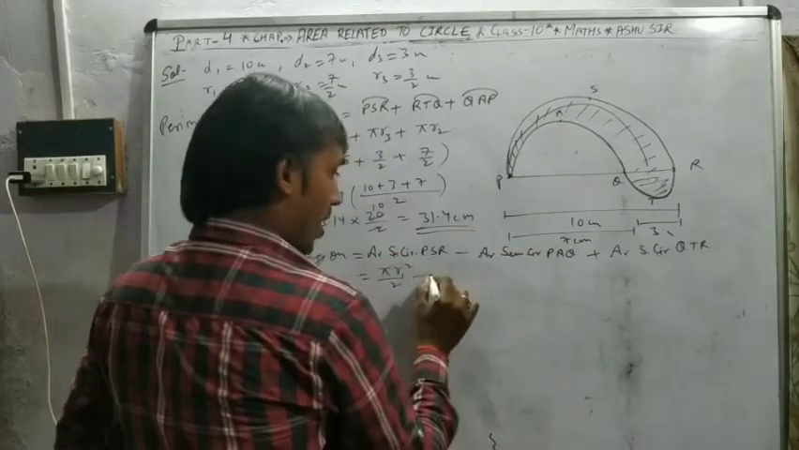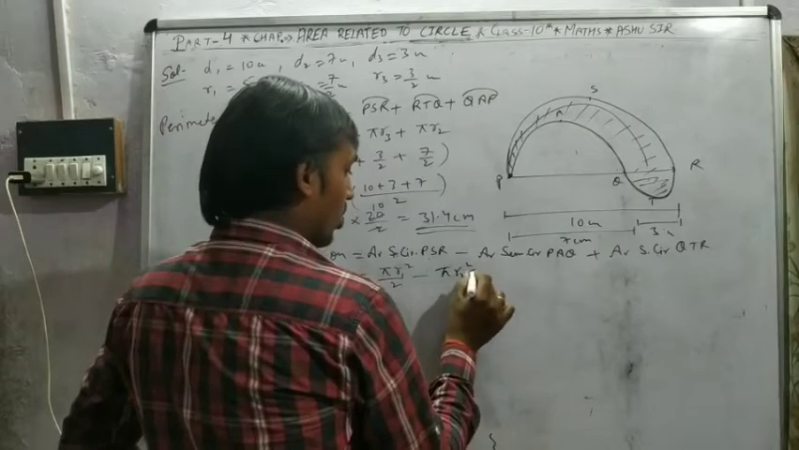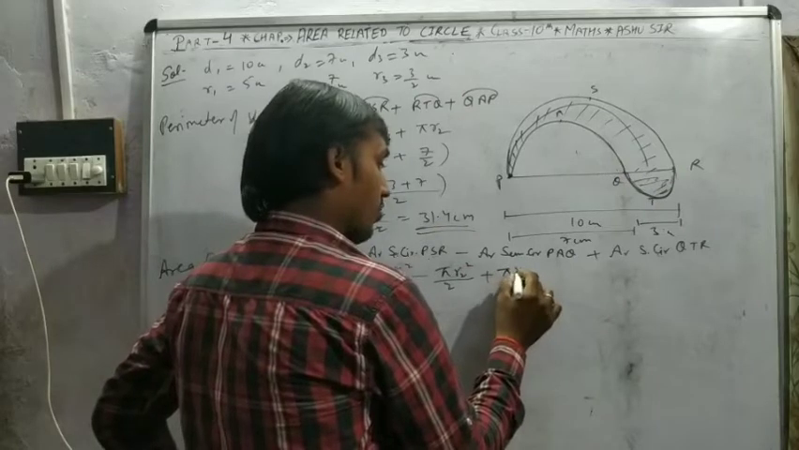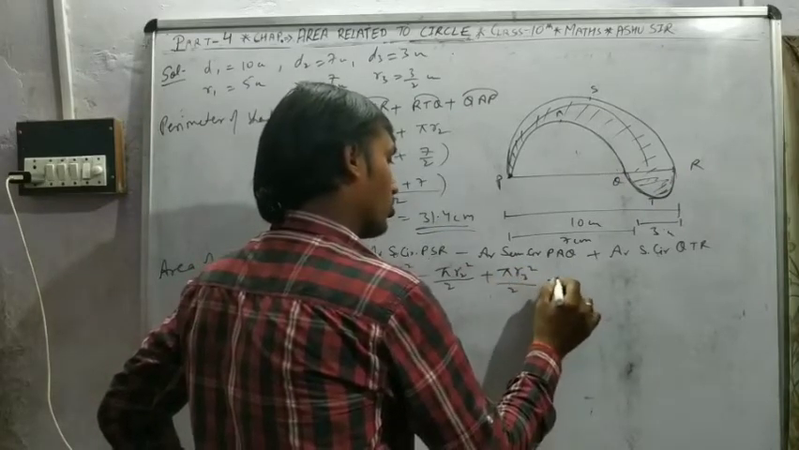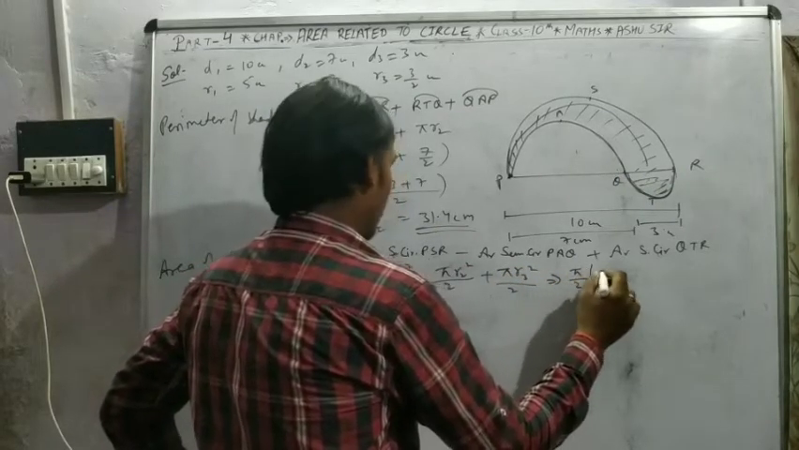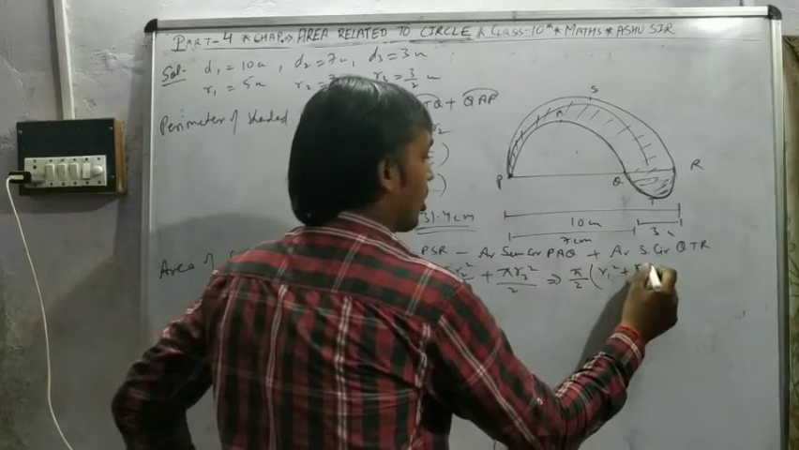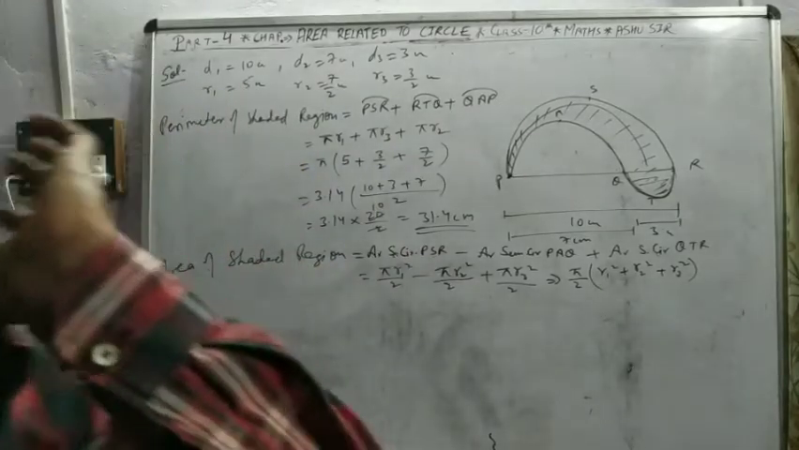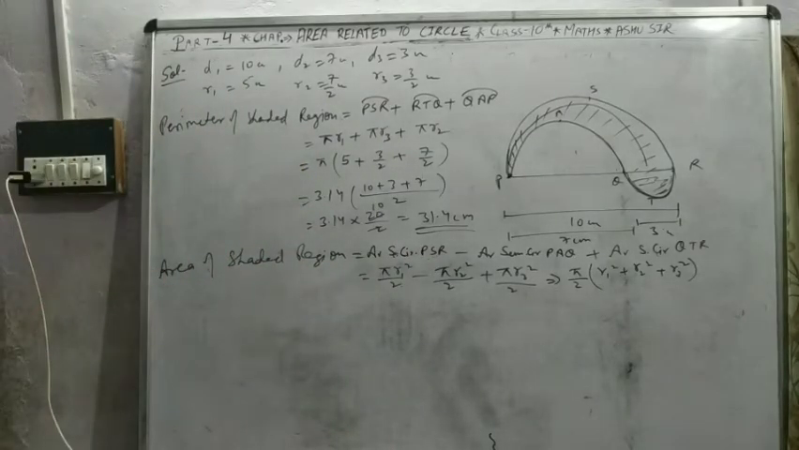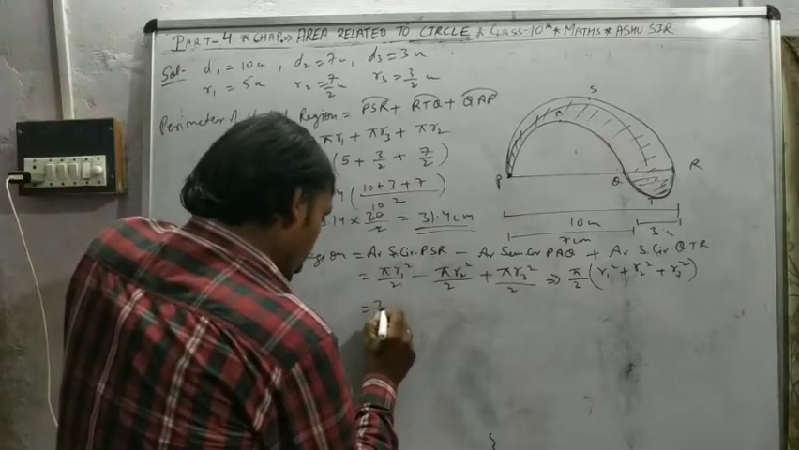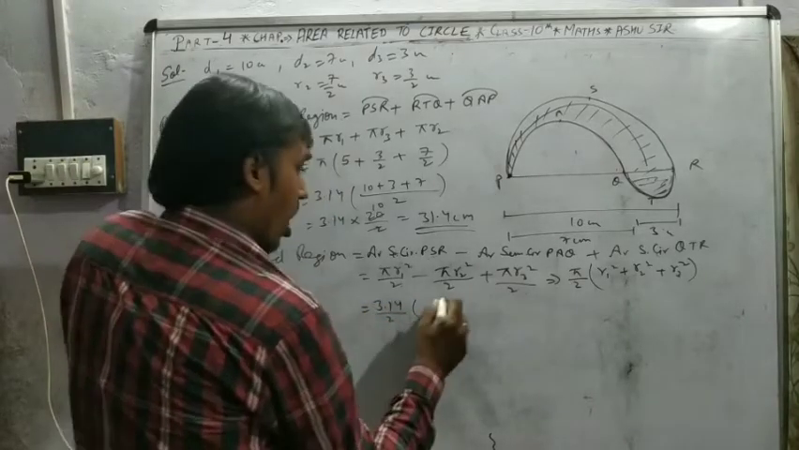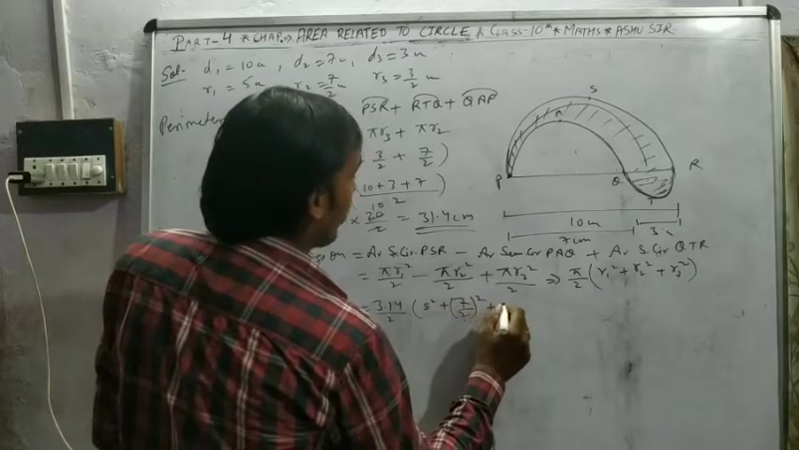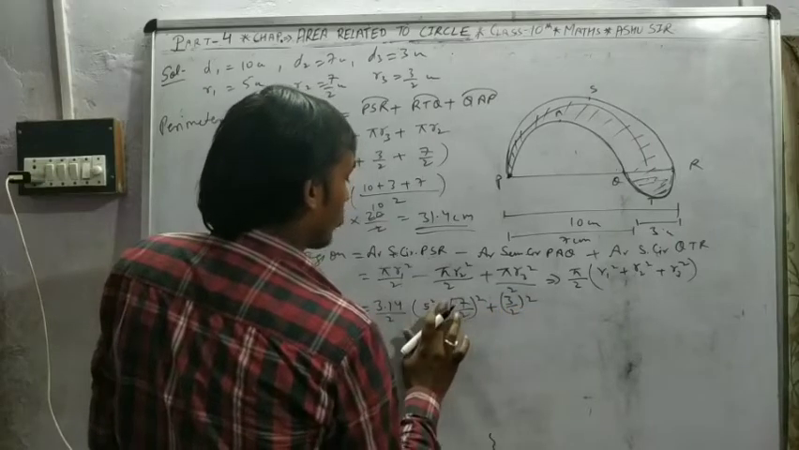Minus the second semicircle, pi r2 square by 2, plus add this semicircle separately, pi r3 square by 2. Pi by 2 is common: r1 square minus r2 square plus r3 square. We have to make the formula for the area of the shaded region. Then put the value 3.14 upon 2. R1 means 5 square, minus (7 by 2) whole square, plus (3 by 2) whole square, sorry, this is the minus sign,